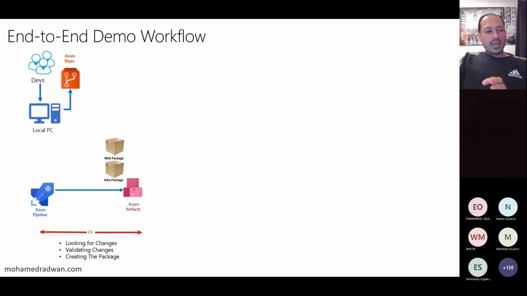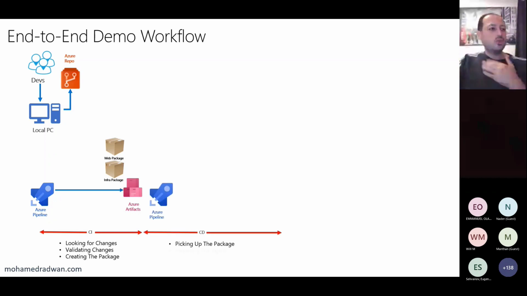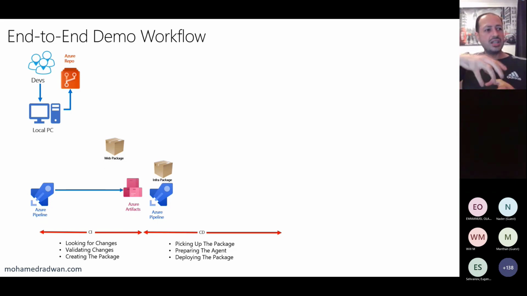So once the package is stored correctly, this will automatically trigger the CD. The CD will be triggered because there is a new package available. Every time there is a new package available in the storage, this will automatically trigger the CD. So the CD first, unlike the CI, will pick up the package, extracting the files from